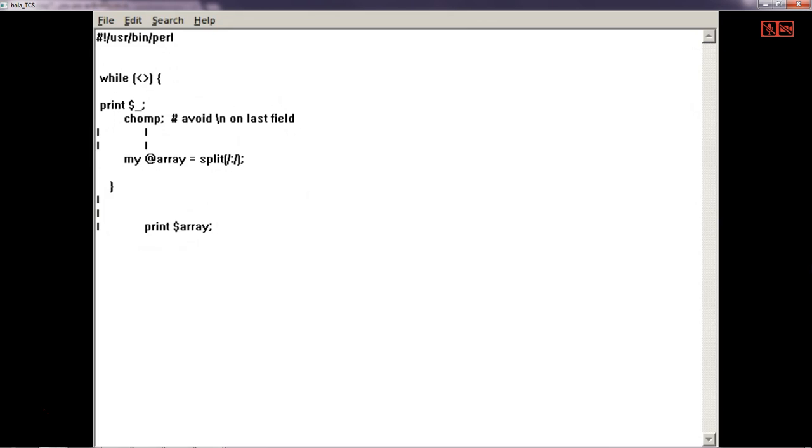So while of a diamond symbol means it is expecting some input here. When I give some input, let's say the input is a file, then till the end of the file this while loop will run. The while syntax was like while, a control statement or an expression, then a block of code, which is your logic. So a while here, a diamond symbol, and then